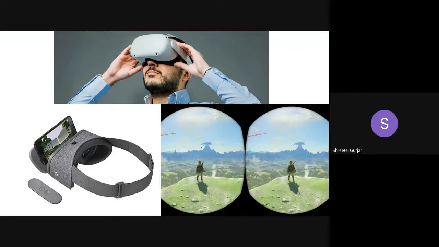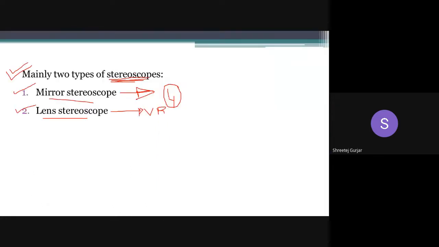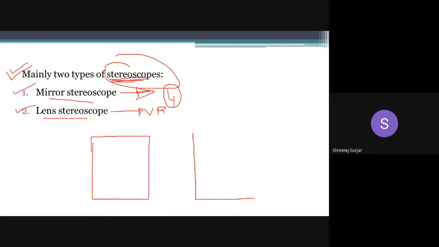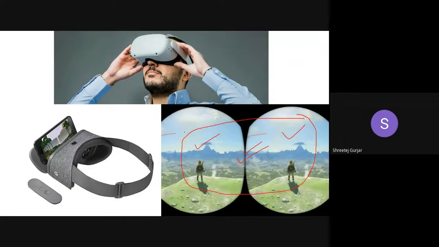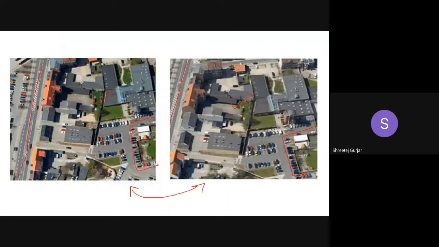Here these two images are nothing but a stereo pair. In your syllabus, we are dealing with maps and vertical photographs, so you will have photographs of two areas which you view through your stereoscope. Very interesting concept.